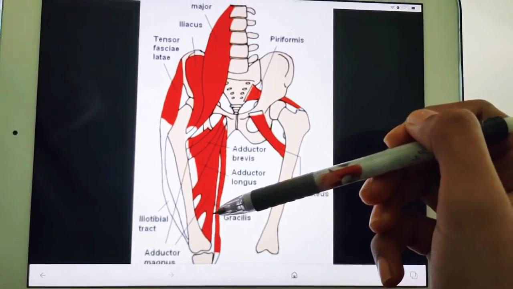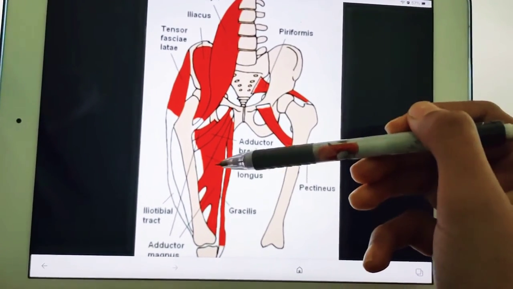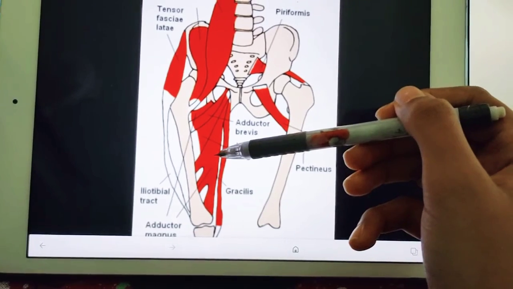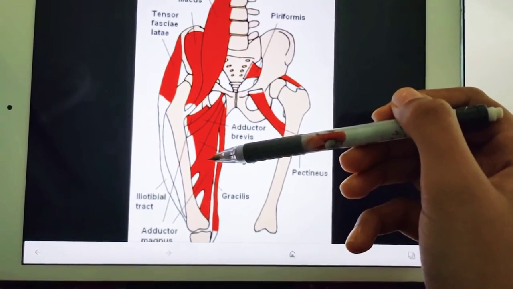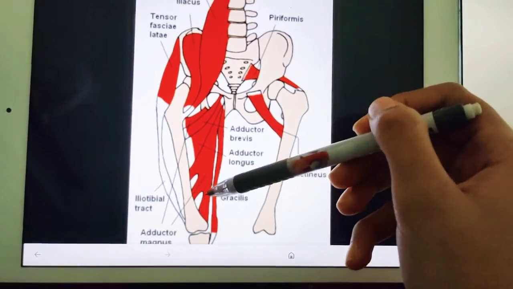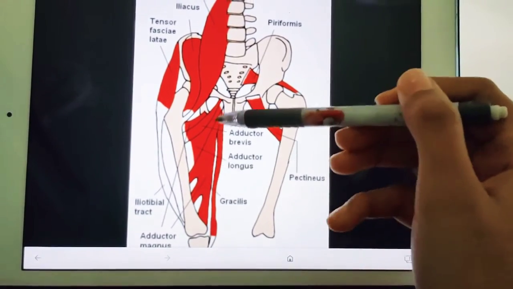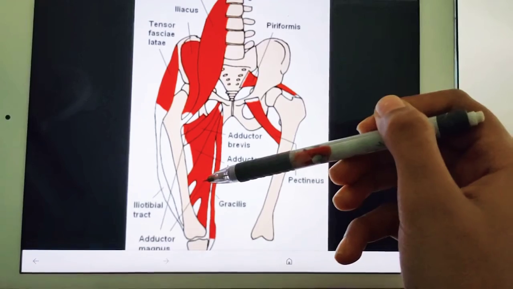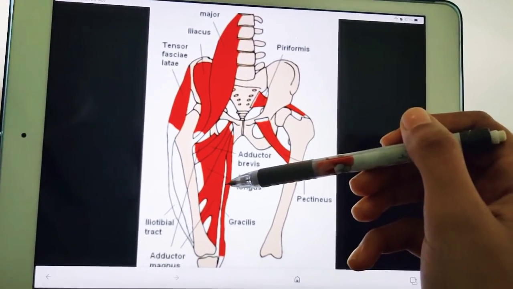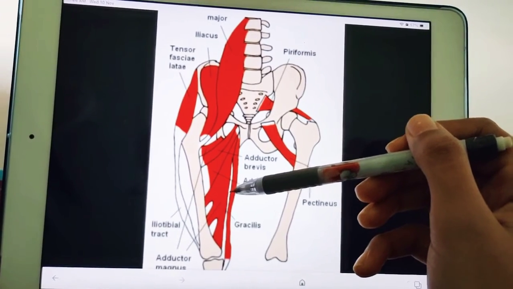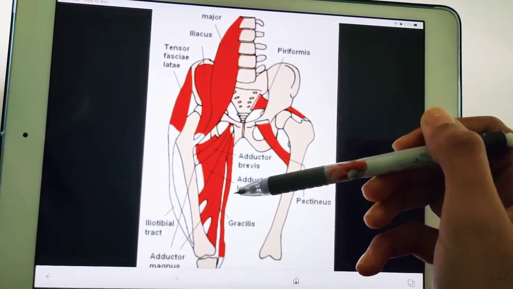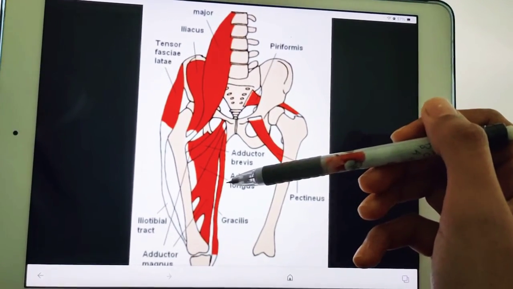But I am saying that our adductor magnus muscle is supplied by two nerves, which means it is a hybrid muscle. Always remember, if you say any muscle is hybrid, it means it is supplied by two nerves. Here you can see adductor magnus, the biggest muscle, is supplied by two nerves. One is the medial compartment nerve, that is the obturator nerve, and one is the posterior compartment nerve, that is the sciatic nerve. Hence it is a composite or hybrid muscle. So you can also call it a composite muscle.